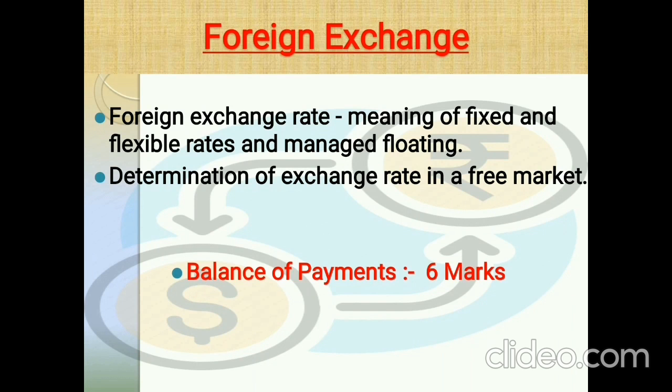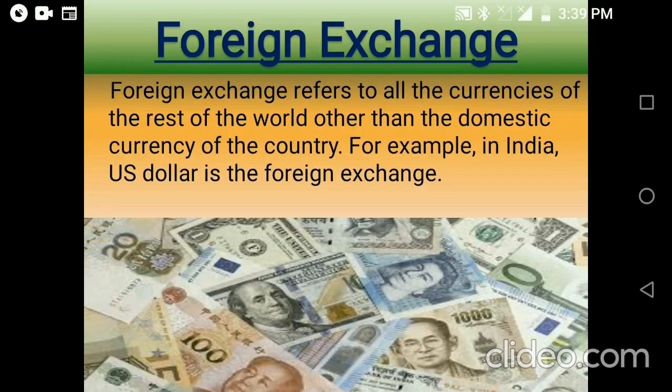So let's start the chapter. We start from exchange rate. I hope you must be familiar with this word. You must know about the dollar, pounds and many other currencies in the world. Each country has its own currency, Indian currency known as Indian rupee, as we know. Indian rupee for India is a domestic currency. It is generally acceptable in exchange of goods and services within the country, India. Dollar, pounds, yen, and any other currency may not be accepted in India for the same purpose.